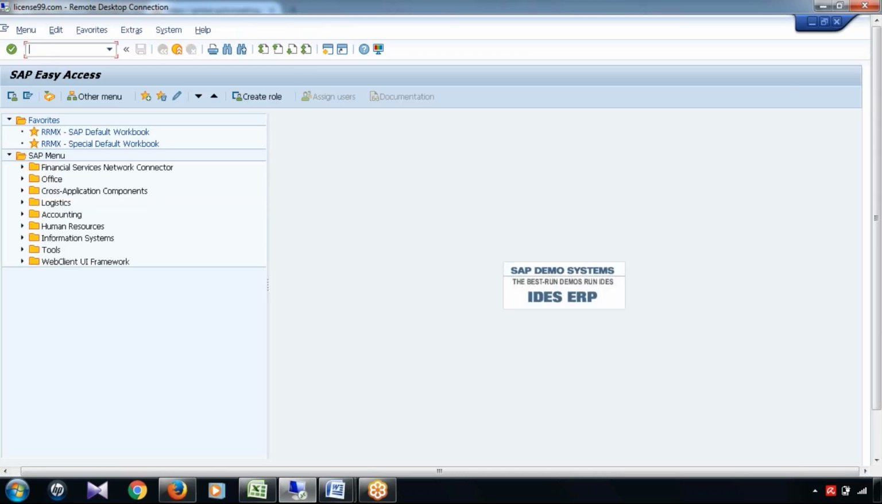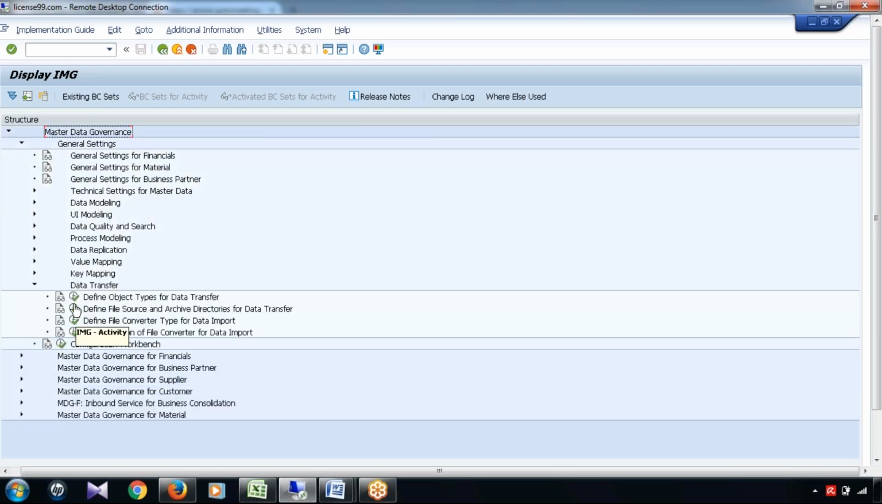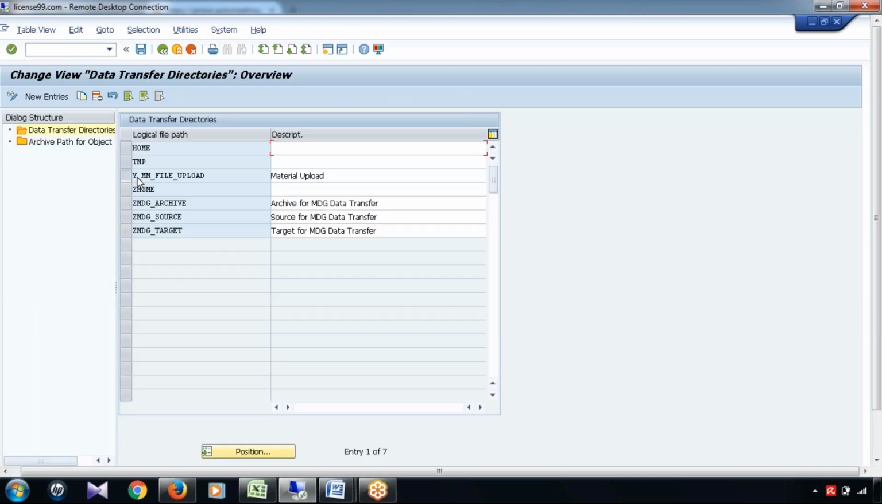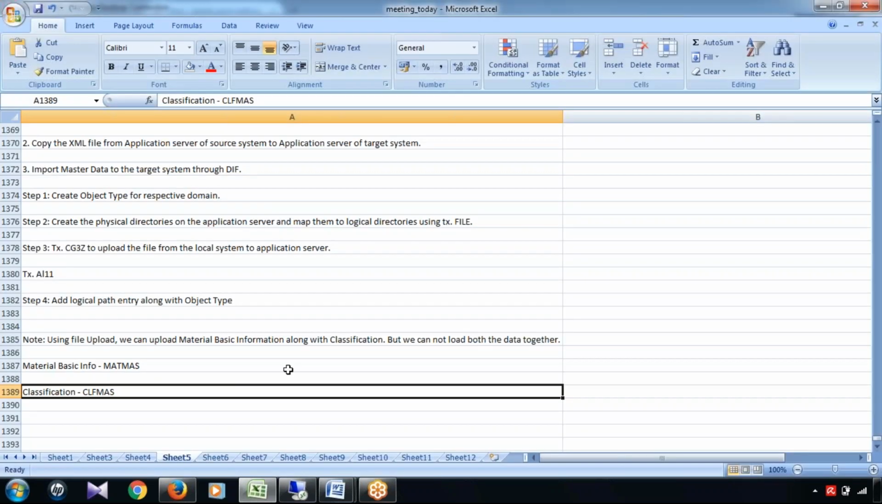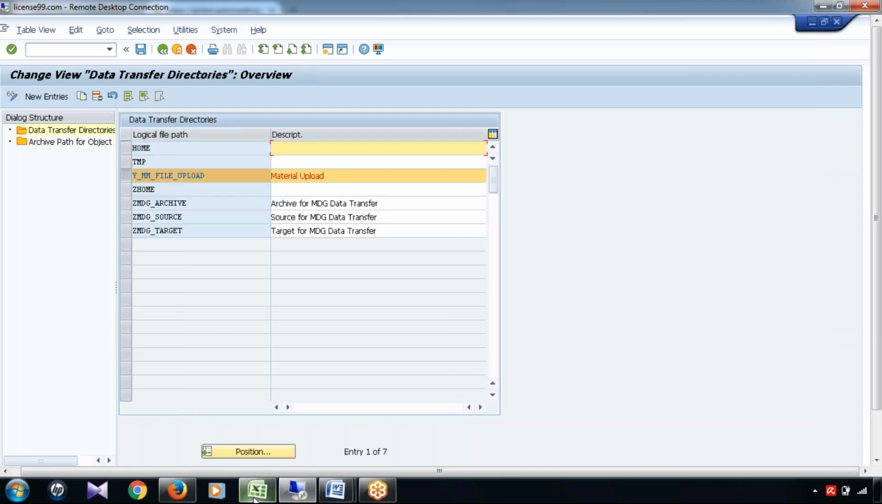Go to MDG IMG, general settings, data transfer, file. This is the one. This is the source directory which I have selected there. This directory is basically linked with the object type, which is Y194 for material processing. Point number one. Point number two, what this path also has, if I go